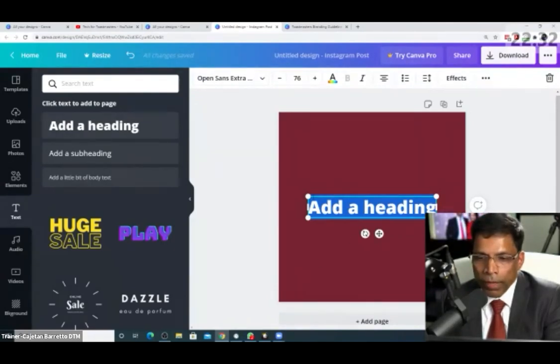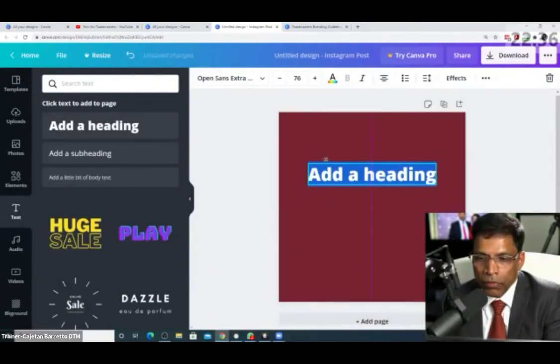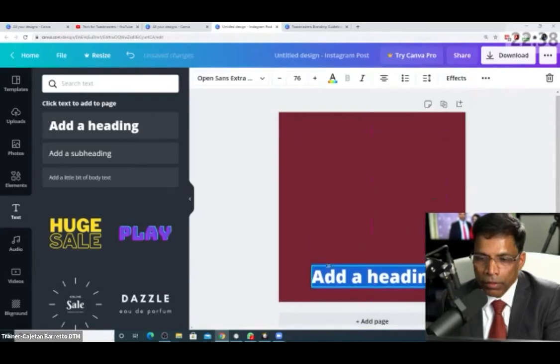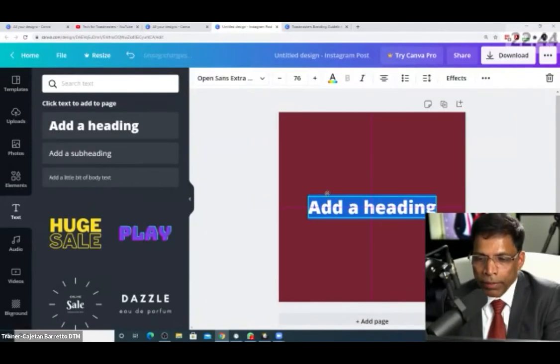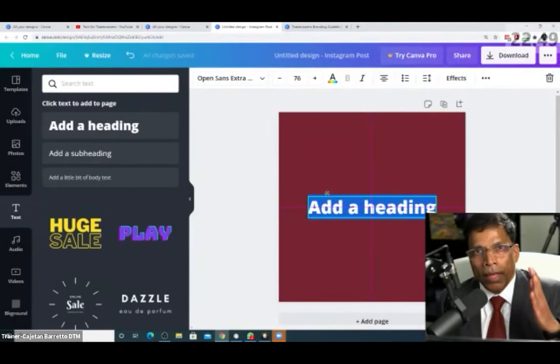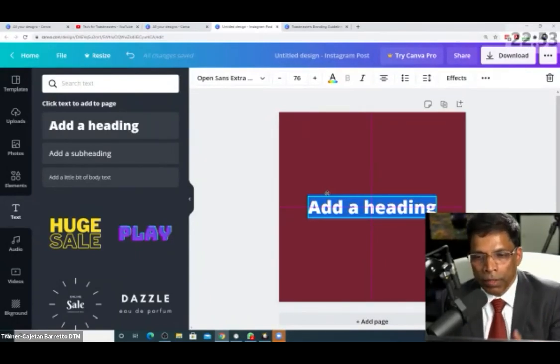Move it around by holding it down like this at the side, and you can move it up, down, left, and so forth. And as you move, you will notice some pink lines appearing. And those pink lines are to help you to align the object. Like if I see this vertical and horizontal lines, it means that this heading is now perfectly in the center.